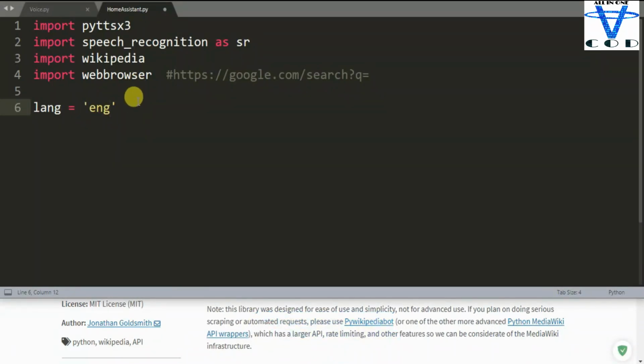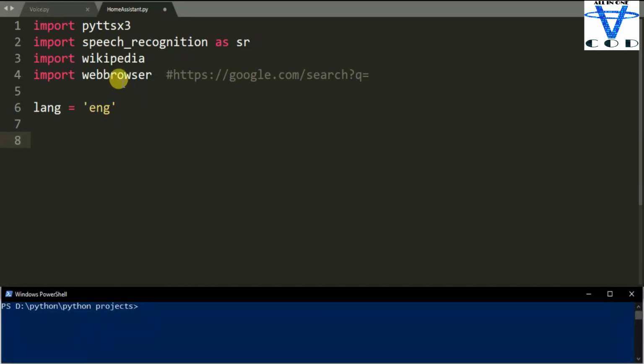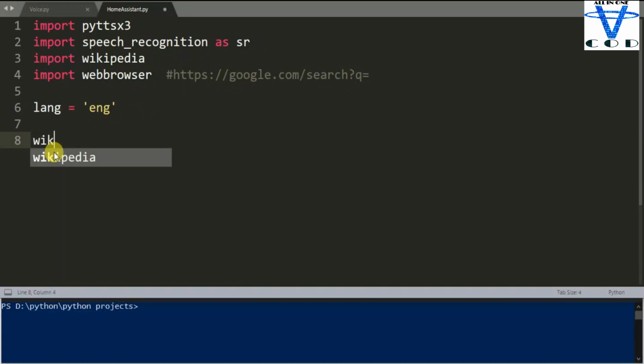Now let's quickly use Wikipedia. Let's say wikipedia.summary, and let's say first the language. You can see our content is in many languages.